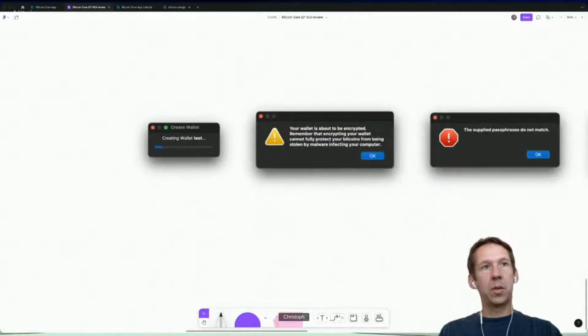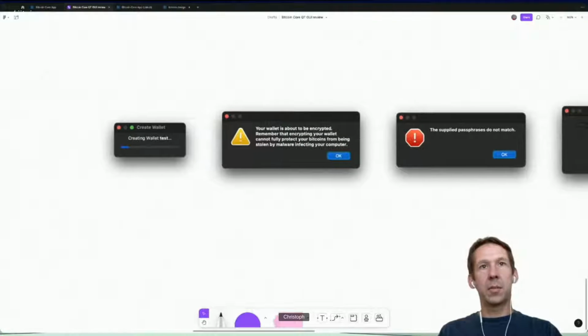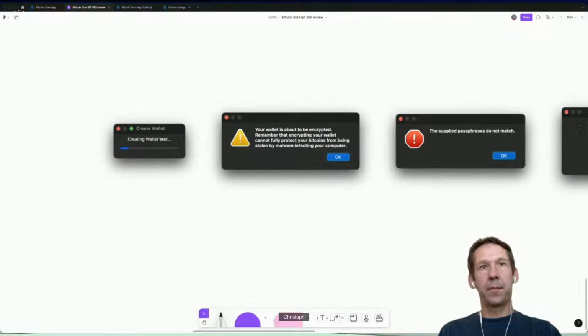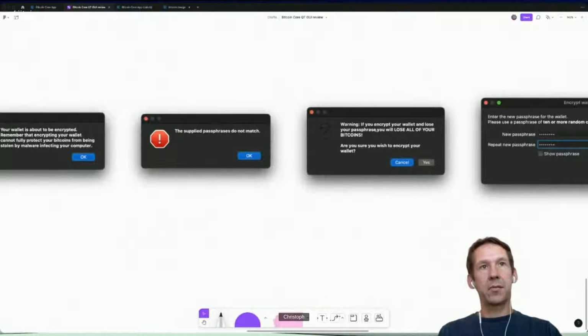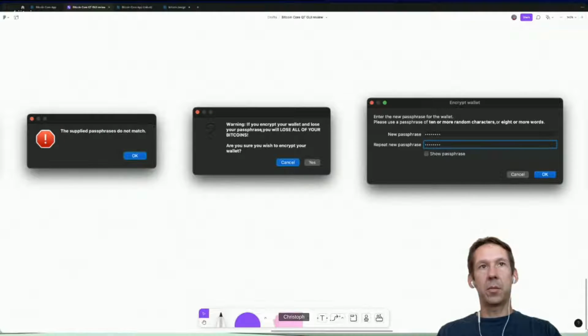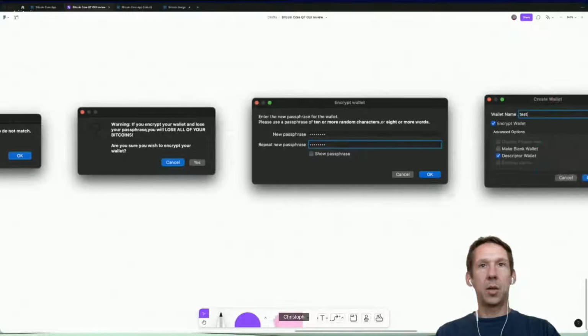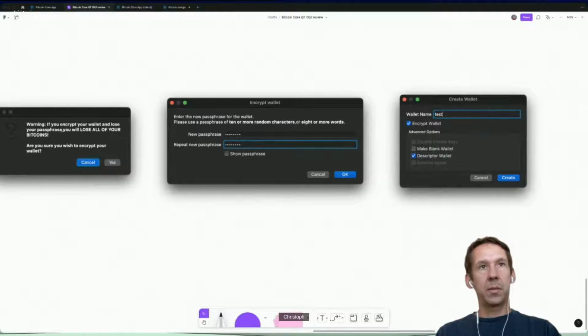Then we have all these modals, creating a wallet. You want to be encrypted. Encrypting a wallet cannot fully protect you. Okay, that's just informational. Maybe it does not need to be a pop-up. Supplied passphrases do not match. Maybe that doesn't need to be a pop-up, can be inline validation. Warning if you encrypt your wallet. Yeah, maybe that is a modal. Encryption,